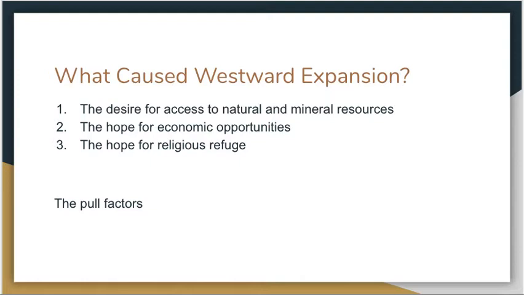Okay, so now that you're back, could you do it? Could you find the answer to my question? What you should have come up with is that Key Concept 5.1a suggests that there were essentially three things that caused Americans to expand westward between 1844 and 1877. With these three things appearing on the slide before you and often referred to as the pull factors.